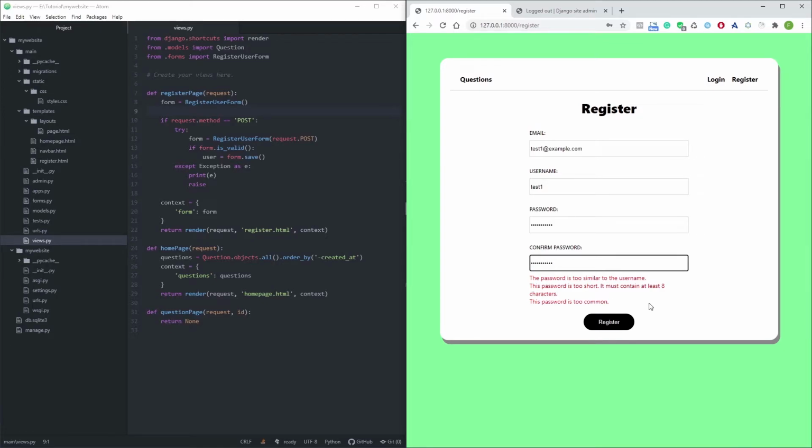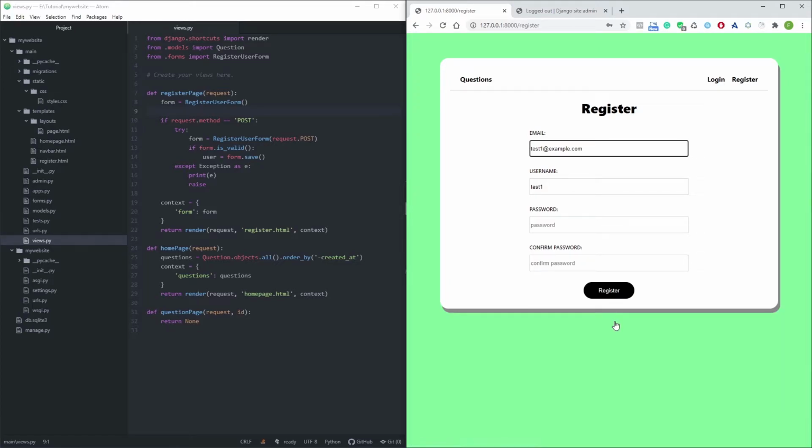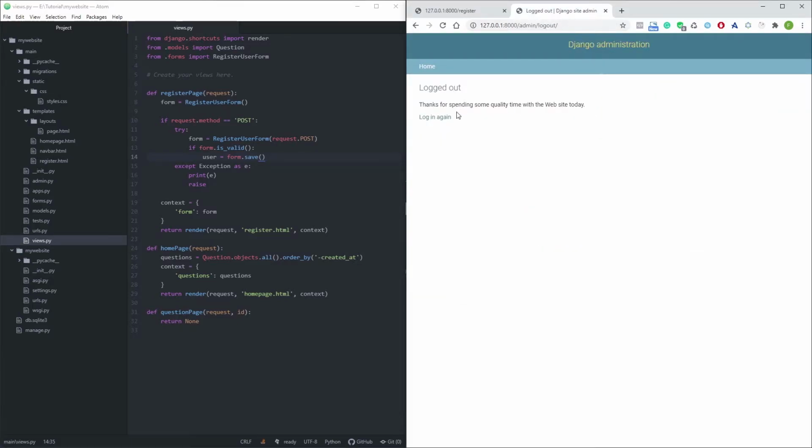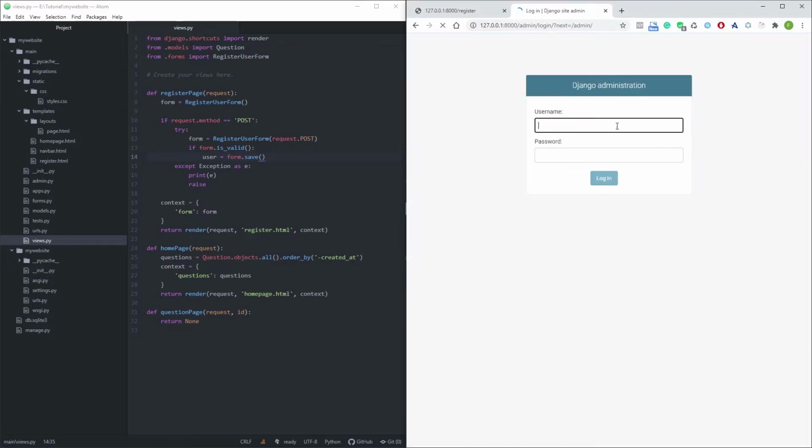Okay, I'm using another password just because I don't want to forget these passwords. I'm gonna hit register, and now we get the new user. We didn't get any errors. Basically, we are not doing anything because we are not adding any redirect after this. So the idea is to log in actually and redirect to the question page. So yeah, we are gonna do that later, but for now we're just trying to first log in